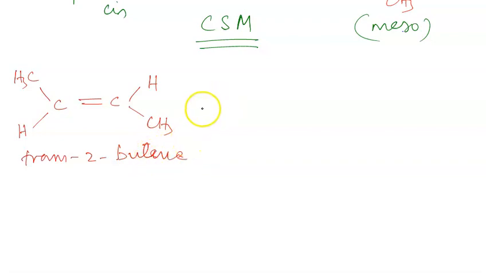Now, when an unsymmetrical molecule, let us take the same HOCl, delta plus, delta minus, adds to this trans 2-butene and the addition is syn, we are talking about syn addition. So when the addition is syn, we will get the other isomer. The isomer will be like this: